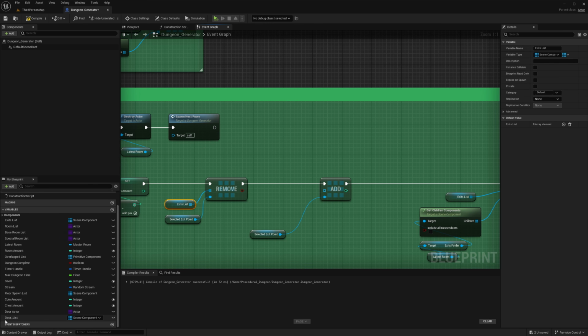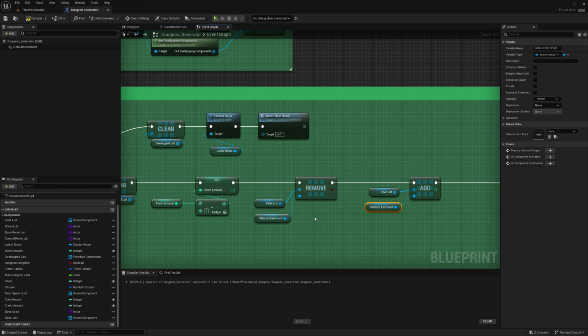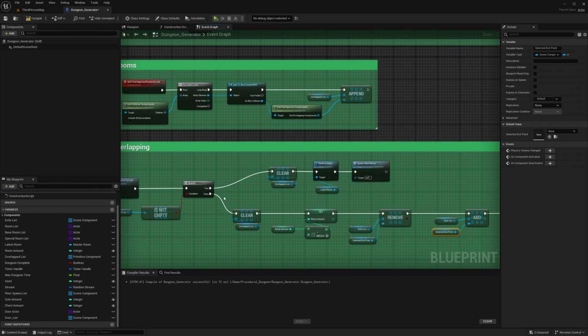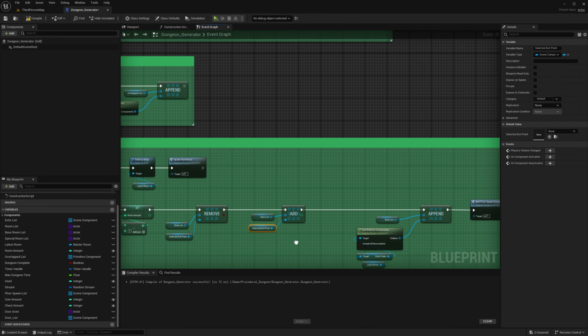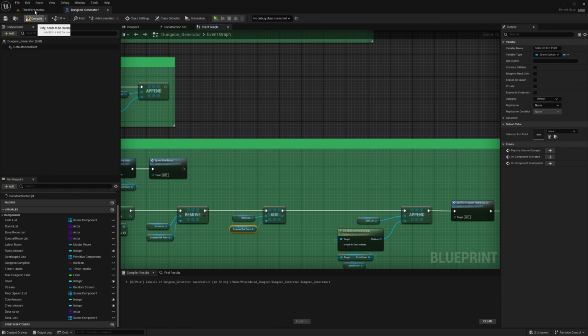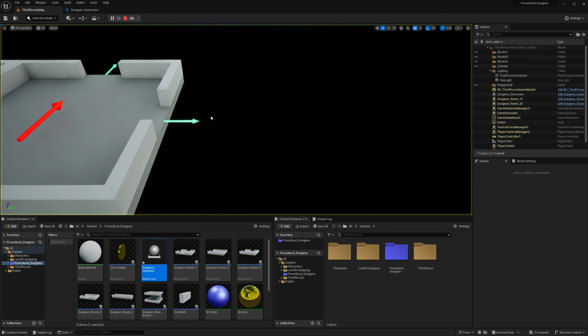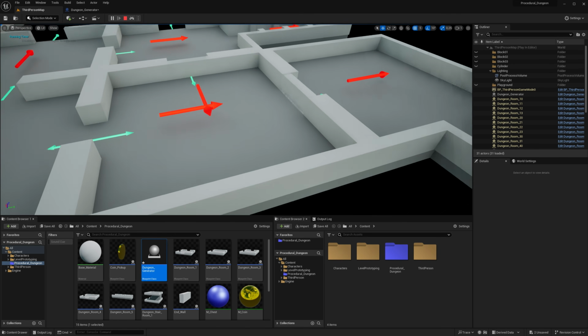So let's grab out the door list and get it and plug it in here. So now we are adding the exit point to the door list. And this is the exit point that we know works, that has placed another room on top of it. Right? Does that make sense, guys? Let me just try and see here. Let's just press play. I mean, nothing's going to happen now.